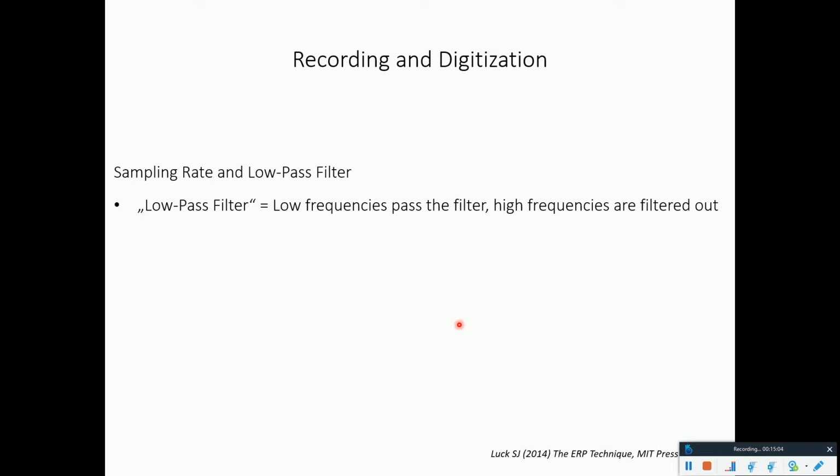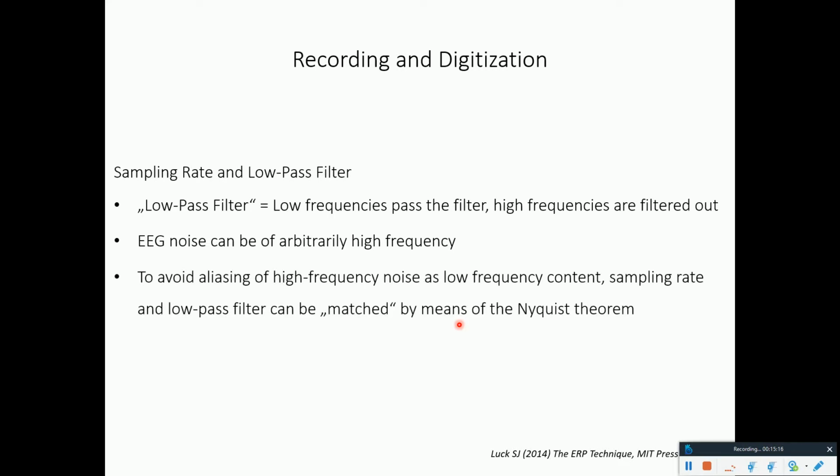One thing that one can do is actually low-pass filter the system, so basically filter out high frequencies and get rid of EEG noise that might be of arbitrary high frequency, and to avoid aliasing of high frequency noise as low frequency content. So this would be some noise in the signal that might be above 100 or 200 Hertz. To avoid that this shows up in the EEG signal as low frequency content,